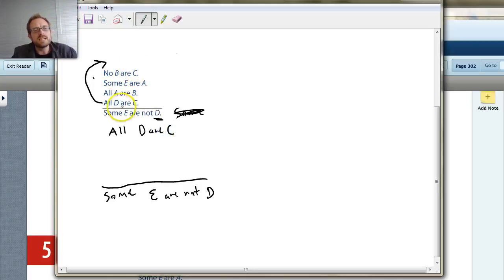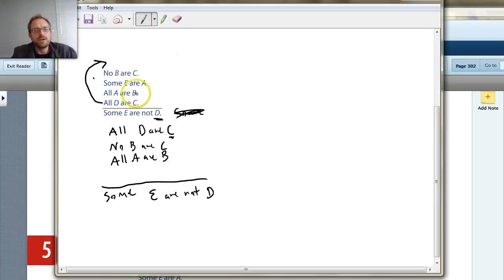Now, if all the D are C's, the question is what comes next? Well, in this case, remember, if D is the predicate term, then that means that C is the middle term. So that means that this comes next here, because remember, basically it links together like a chain. So you get the D, the C, so then you're going to need this line: no B are C. And then once you get this, no B are C, then the question is, what's the next linkage? Obviously, it has to be something that has a B in the title, which is that all A are B,